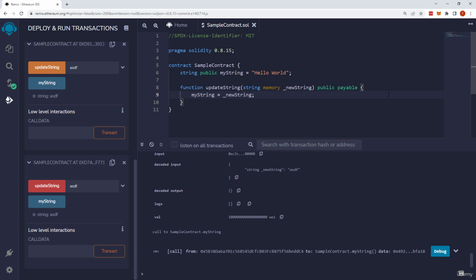The one thing is the message value. If you want to know how much ETH, or what kind of value, was sent to the smart contract, then you can access the global message object and the value property. Let me show you what I mean. Let's say we want to have at least 0.1 ETH, or let's say we have at least 1 ETH to change this string. So if